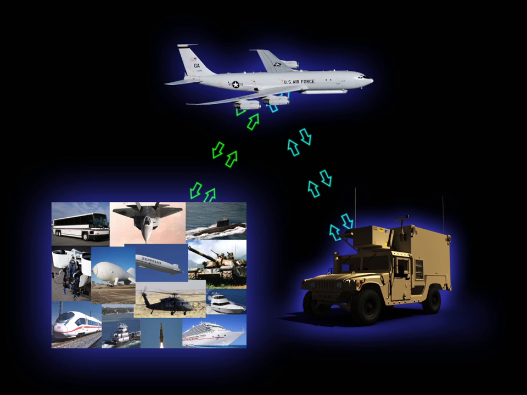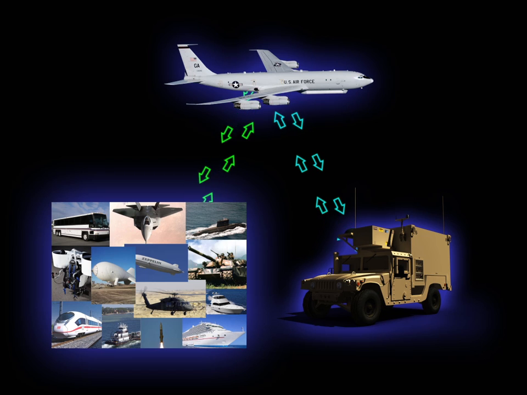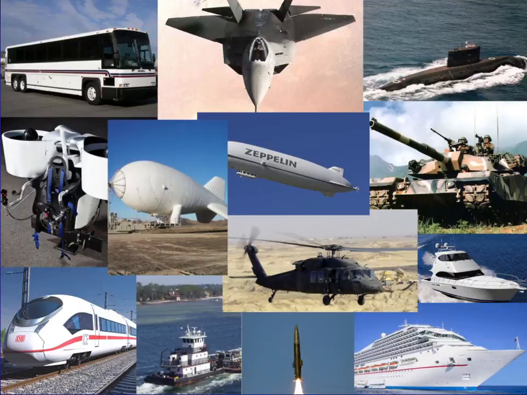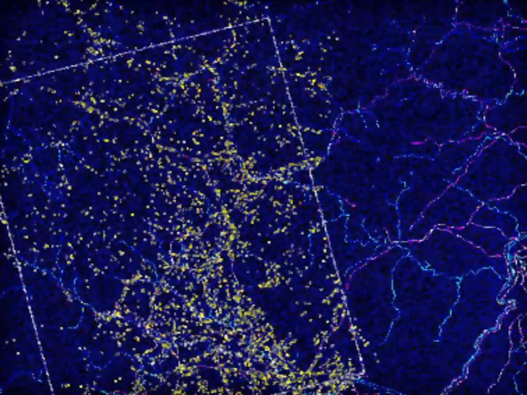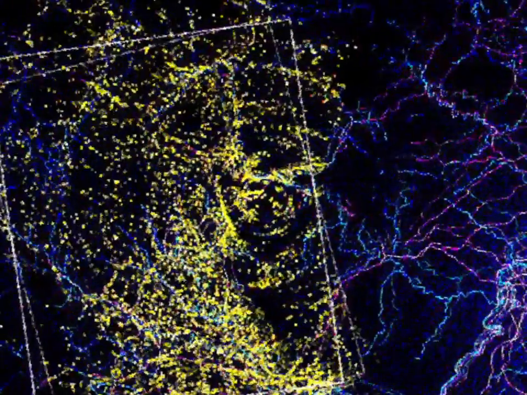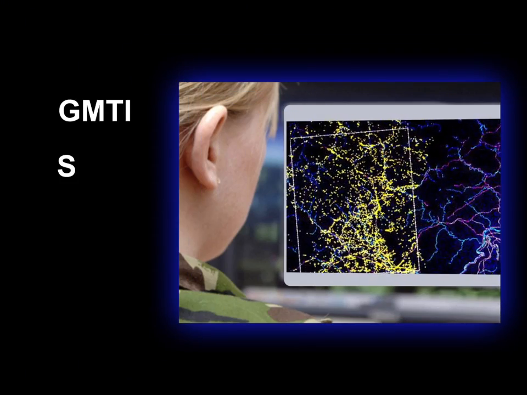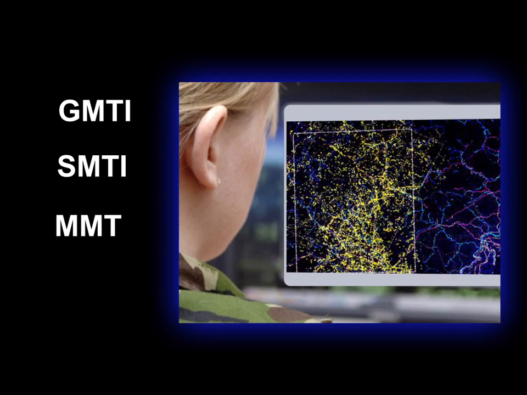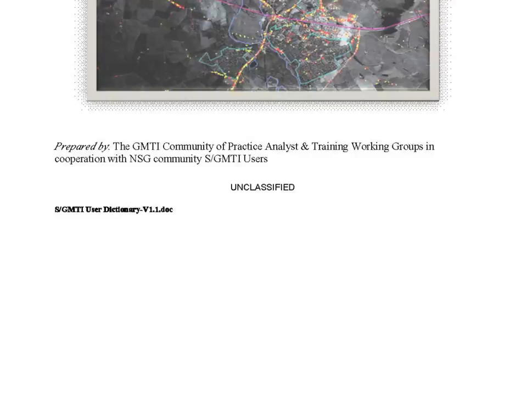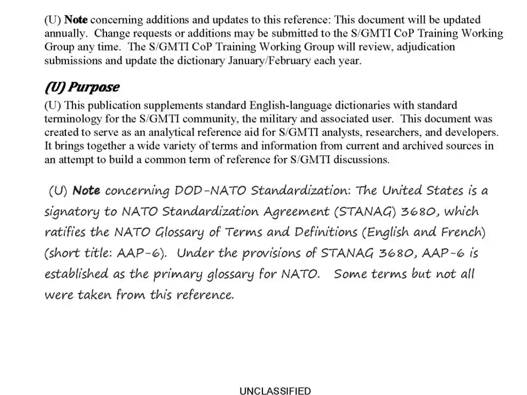But you may be wondering, okay then, if there are so many entities out there moving all around the world at any given moment, then how do we tell them apart? The answer to your imaginary question is simple. The dots are categorized as different types of MTI. To name only a very few, for example, there's GMTI for ground, SMTI for surface, and MMTI for maritime. For a more complete breakdown of the several dot types, check out the MTI dictionary in the resources section of